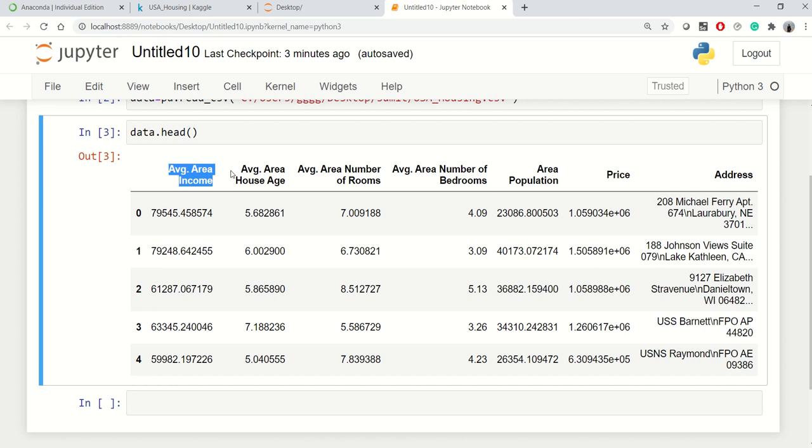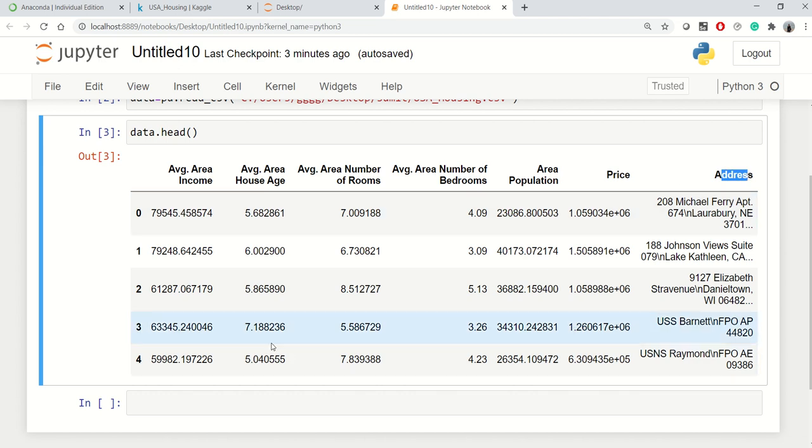Average area number of rooms is the average number of rooms for the houses in that city. Average area number of bedrooms is the average number of bedrooms for the houses where it is located. The population is the population of the city where the house is located, and the price is the price for that house. And address is where the house is located. So this is all about this data.